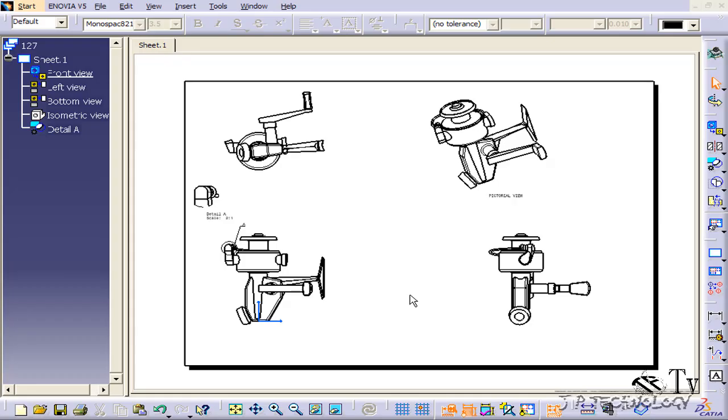This is tutorial number 133 and it covers anchor points within Catia V5. To start off, open up tutorial part number 127, which is located on the DVD. Now what I'm going to do is go over anchor points, and what these do is that